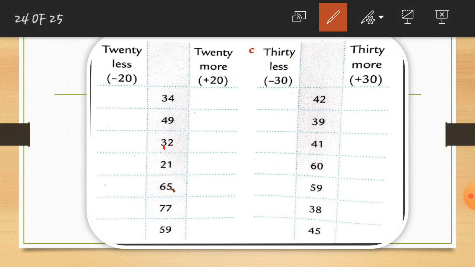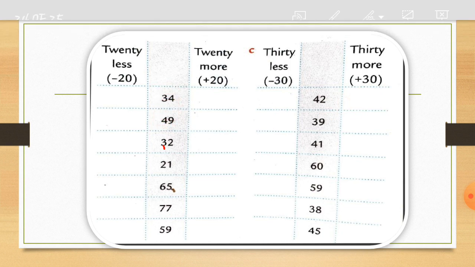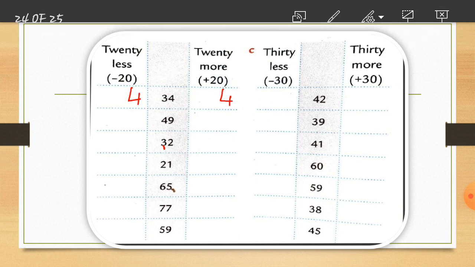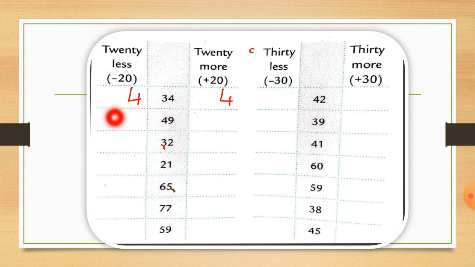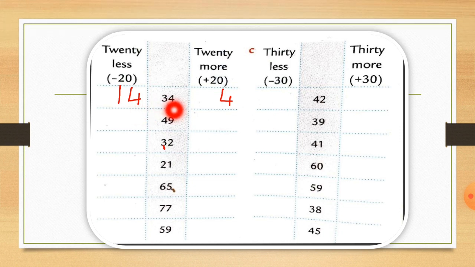So here is the 34 number. You can see here is the 34 number. So let's write the ones value as it is first, both the sides. I write 4 here and also I write 4 here. Now first we subtract. So here is the 3 number. So we have to cut 2 number from it. So 3 minus 2 is equal to 1. So let's write 1 here first. So we will get the answer 14 first. If you cut 20 number from the 34, you will get the answer 14.